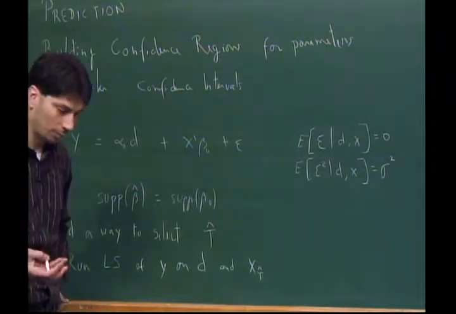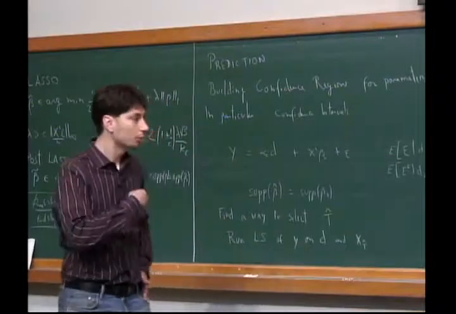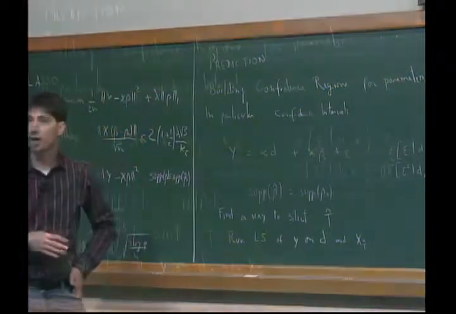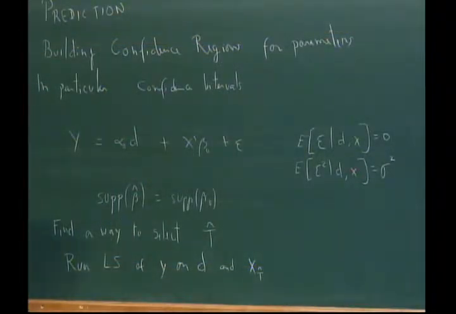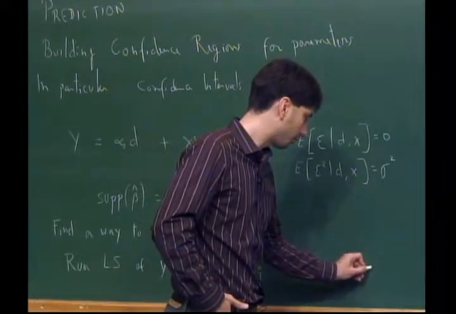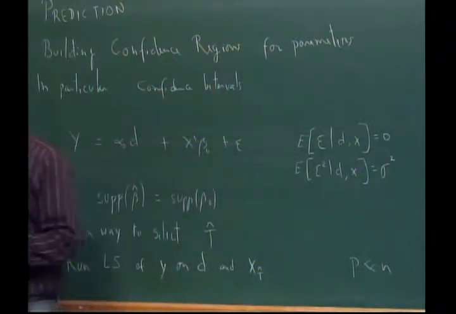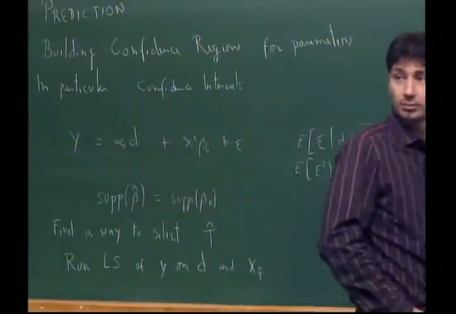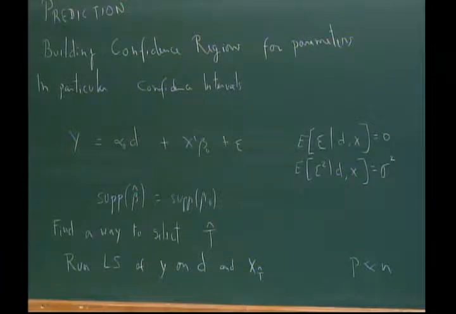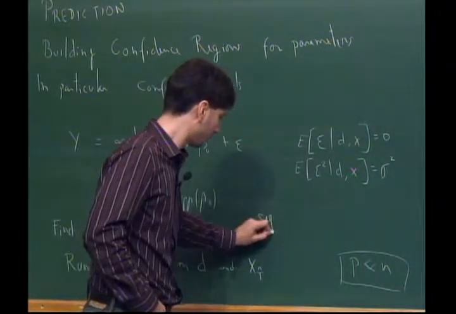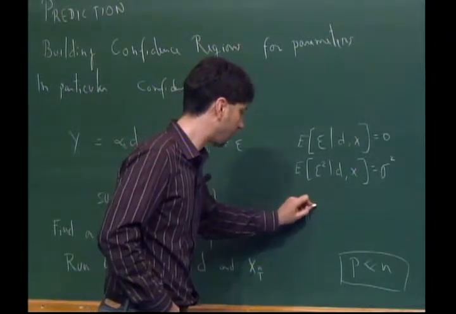Basically, what people typically do is run regressions, look at p-values, and keep the variables which have low p-values. Variables with high p-values, you just remove them. And I'm really thinking now of the case that p is much smaller than n. So that is already of interest. When p is bigger than n, then you don't have p-values. And then you can try to do model selection. So just to make sure it's out, what you just said is just do regression, and you can think about some sequence of t-tests, for instance.